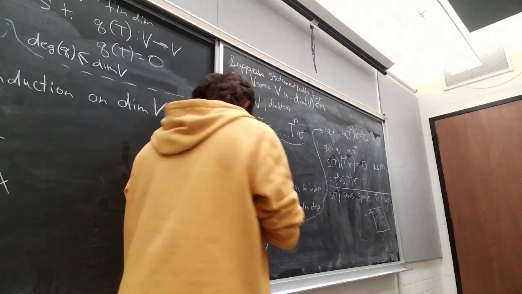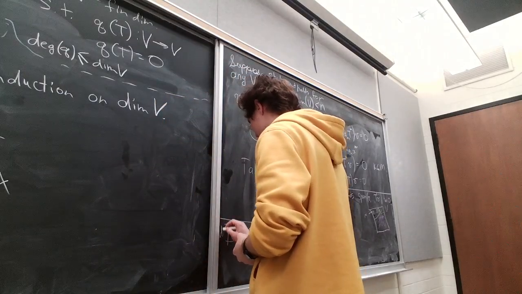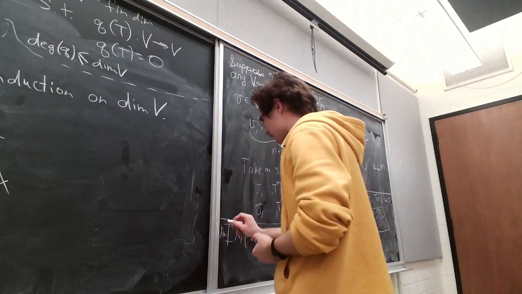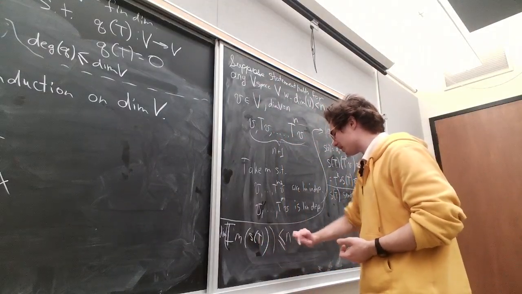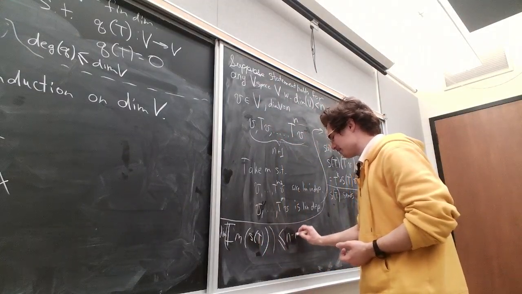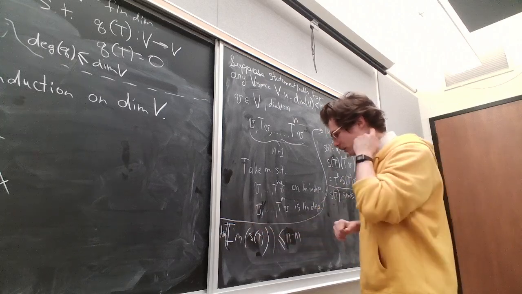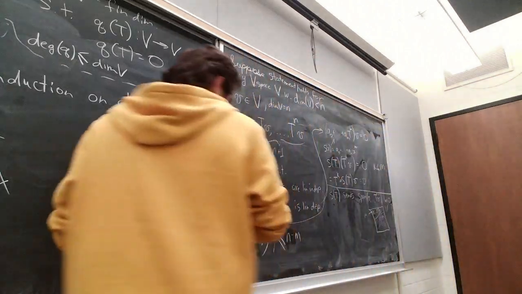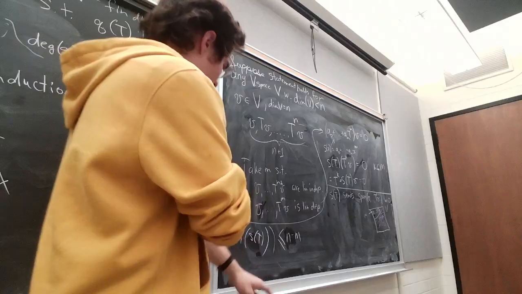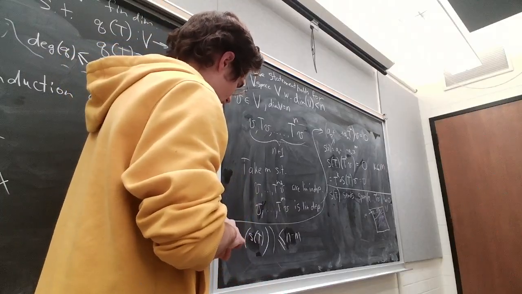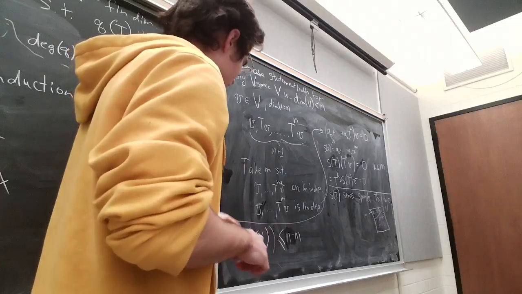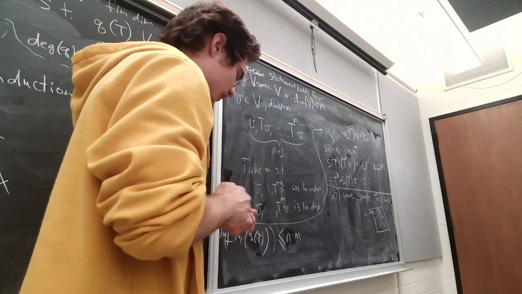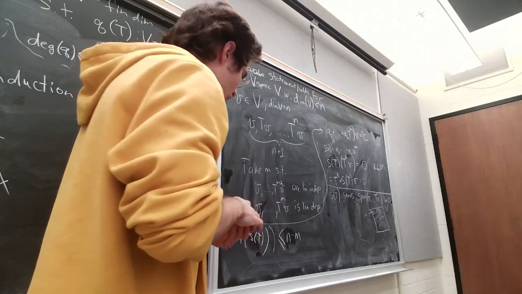So the dimension of the image of S of t has to be less than or equal to n minus m. So that's good. And the other thing that you know is